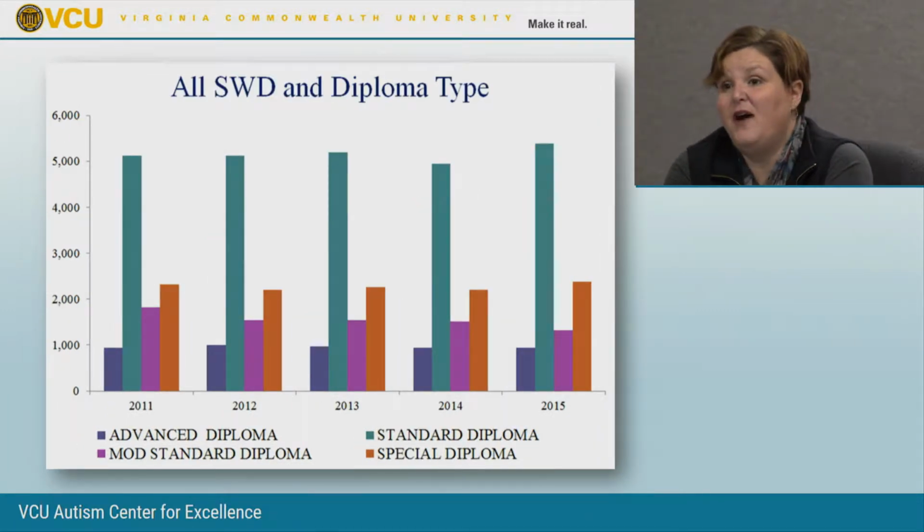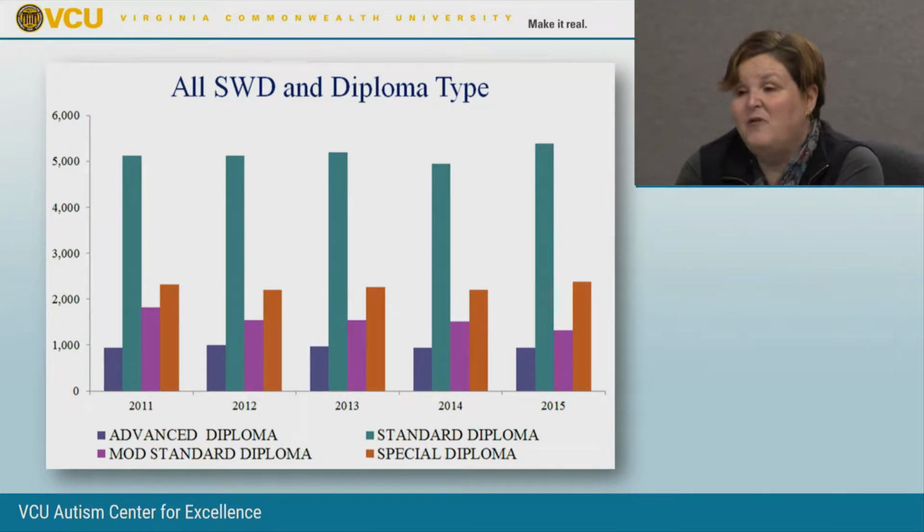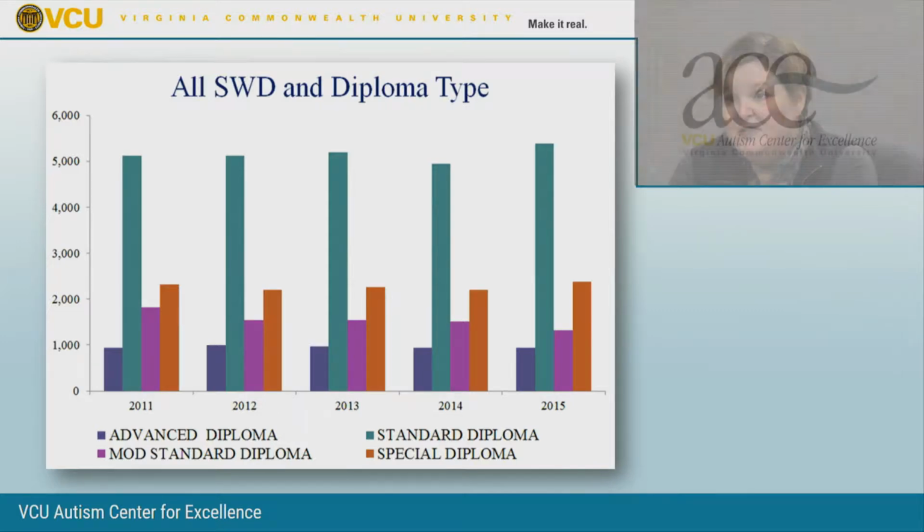And this is the same graph marked for all students with disabilities. And again, the takeaway for me from this graph is that the majority of students with disabilities earn a standard diploma. Knowing that will raise our expectations for all students with disabilities. So things that maybe previously, like in Noel's slide, we were talking about, maybe then we thought that wasn't something that is achievable, but clearly it is.